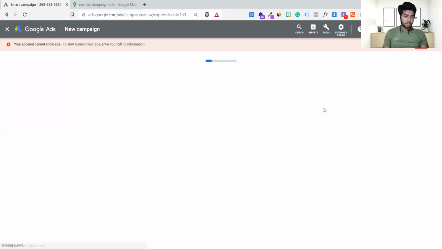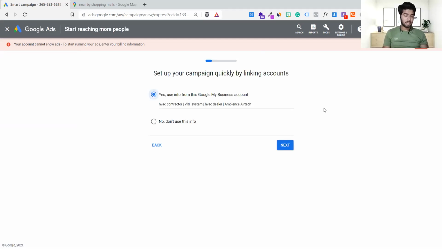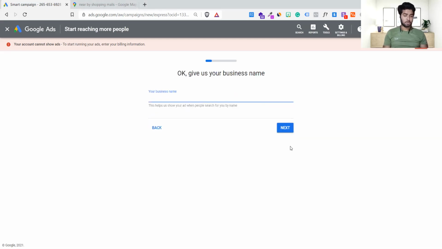All right. So again, nice looking interface will get loaded by Google to make this thing super easy. So it's totally up to you. If you want to go ahead with this registered business ID, if you have already Google My Business, it will automatically fetch all the details if you have it. If you don't have it, you want to do a manual entry right now, so you can do that as well. So click on this. No, don't use this info. I'll give you my own information.